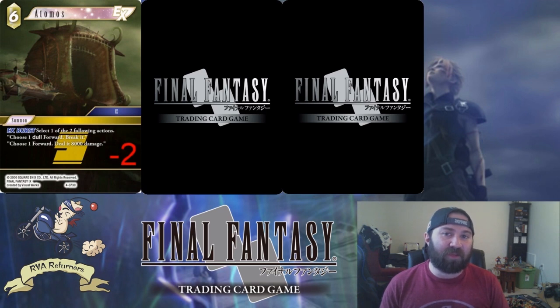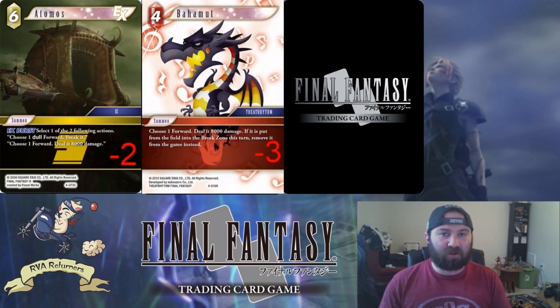But I thought maybe making room for other summons that were cheaper would be better, even though they don't have EX burst. I also took out the 3 Bahamut. While I do think it's great removal, sometimes 8k isn't enough, and you usually have to add on to it. And we weren't really running a lot of cards that really stacked well with that damage,